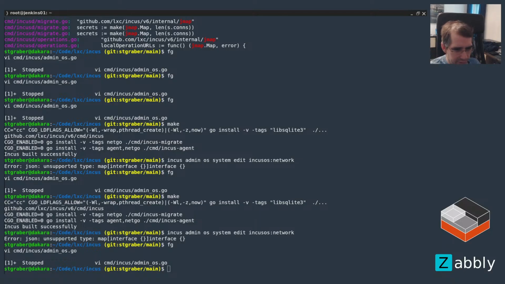Let's actually look up the error itself. Unsupported type. I also don't know what would be unsupported in the data. Like, there's nothing weird in that endpoint. So